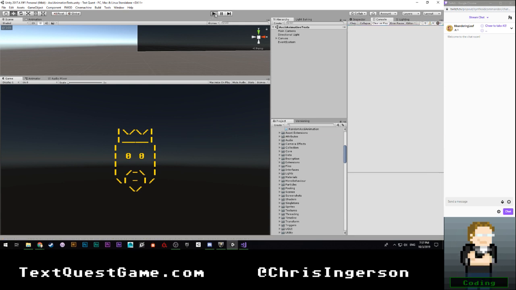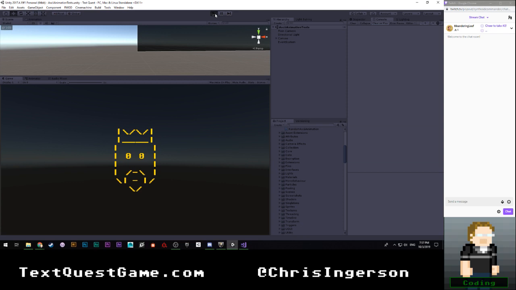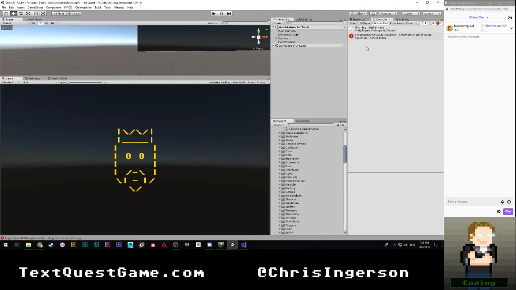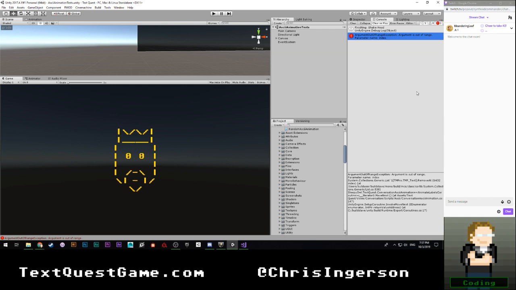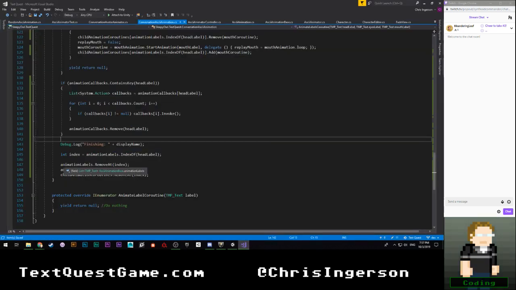Okay, so we're going to clear this, hit play, let's see what happens. So he should get the head shake, and then 1 second of him talking, and then the head shake again. This will hopefully help us track down where exactly that error came from. Okay, so it definitely came from the shake head. So let's take a look at this again. So line 147, which is down here.